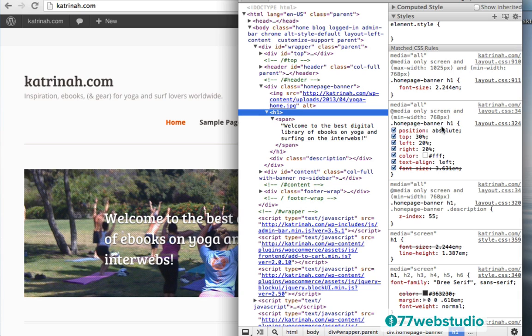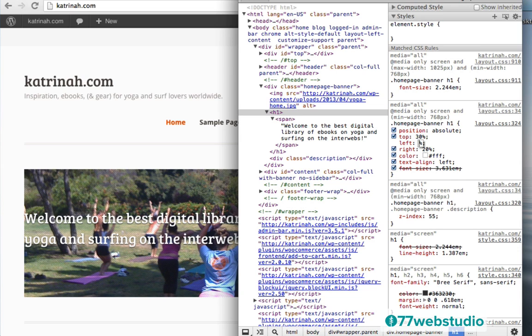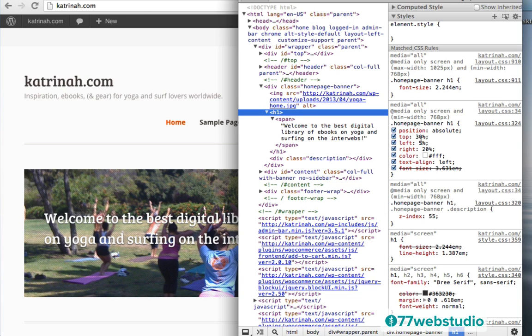So I'm going to scroll back up, and here it says left 20%. I'm going to reduce it to 5% by just double clicking in here and clicking on 5. Now actually you don't need to really touch this yet, and I will provide the code in just a moment on the video, but I just want to show you how I go about finding the code. So here it says 5%, and now you see that my title moved over to the left hand side, which is exactly what I want.